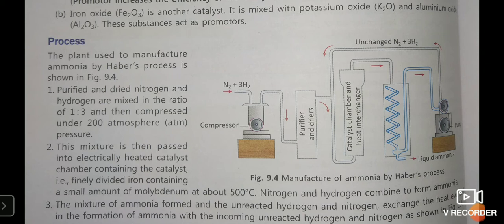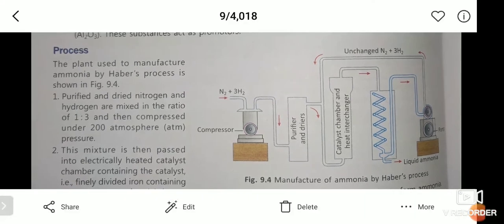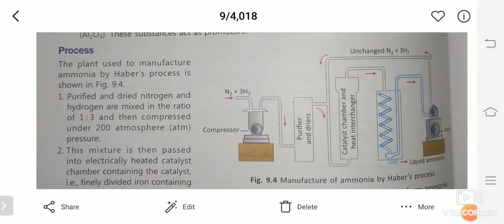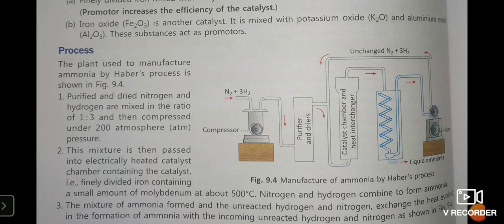They may ask you questions on the conditions, like why is the pressure maintained above 200 atmosphere? What is the ratio of the reacting mixture? Why is molybdenum used in this reaction? These types of questions may be asked. They may ask you, apart from iron, which catalyst can we use? You can directly say iron oxide mixed with potassium oxide can be used. Aluminum oxide mixed with potassium oxide, iron oxide can be used. So these are the other catalysts which can be used in place of iron and molybdenum.